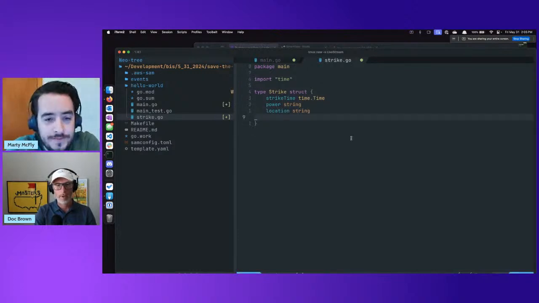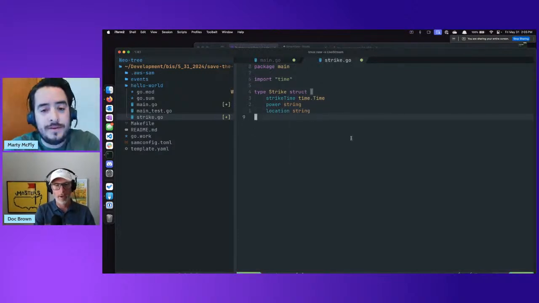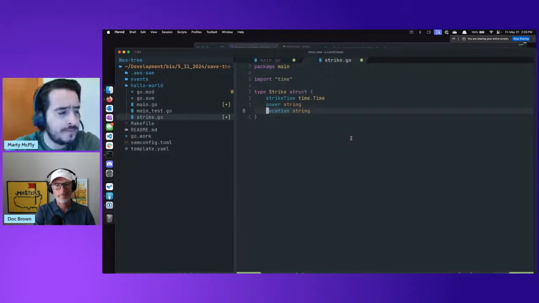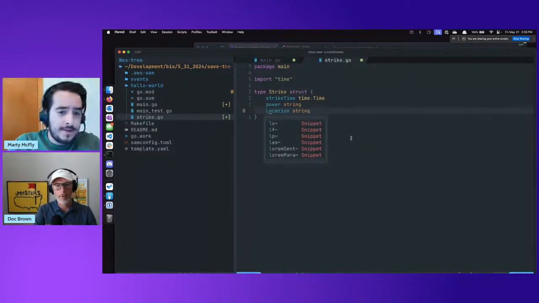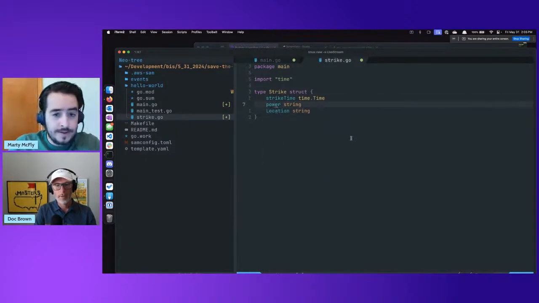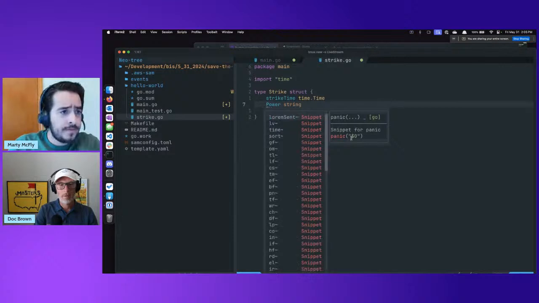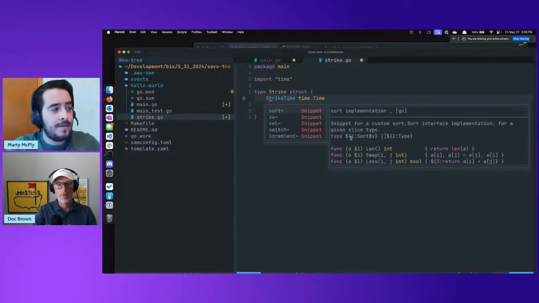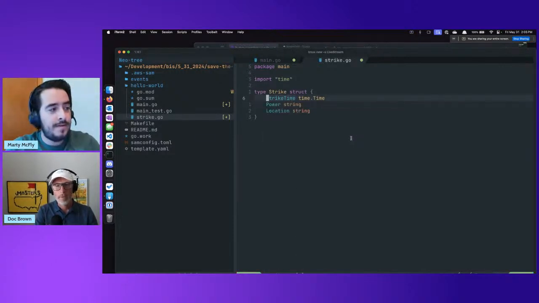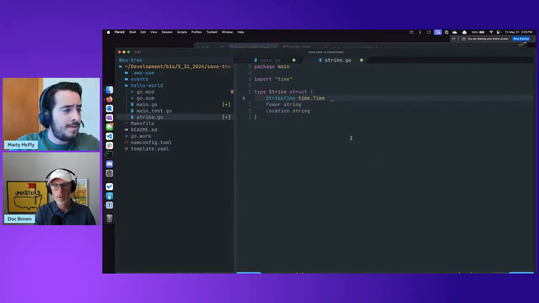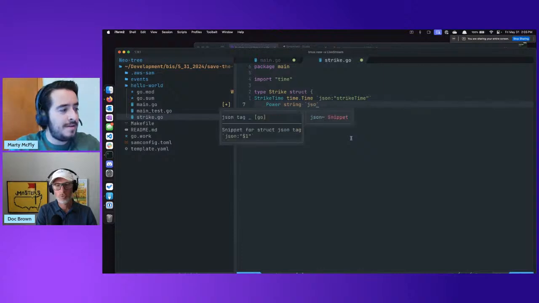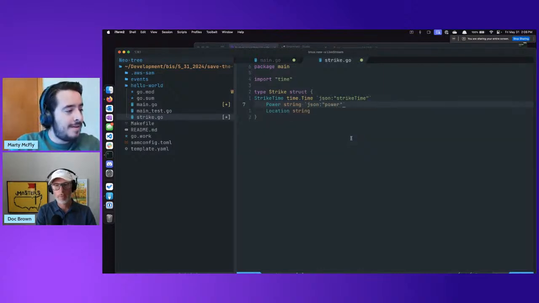I forgot my Go. We need to convert that to a capital so it's public. Strike time. And then if I remember, basically just giving it some marshalling instructions.